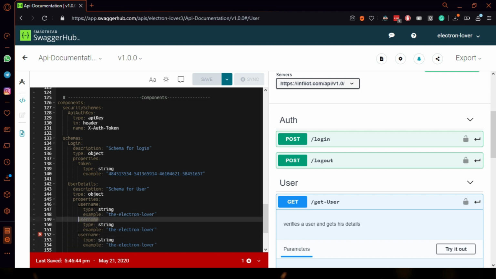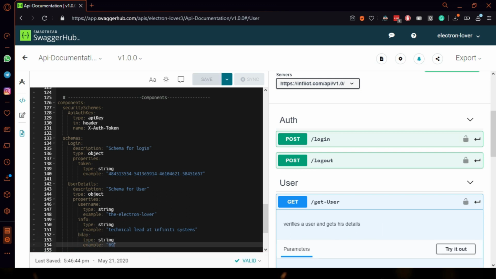Info will also be string, and example would be technical lead at Infinity Systems. And finally, the birth date will also be a string, and example for it will be 09111998.